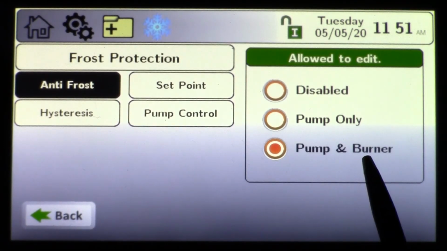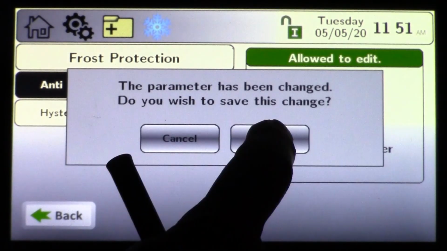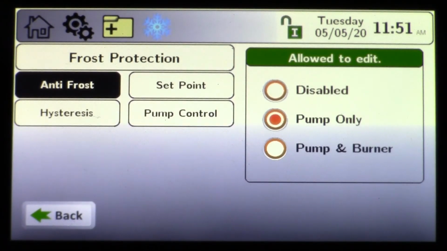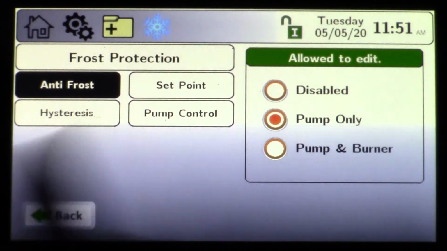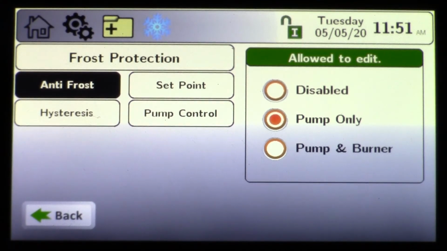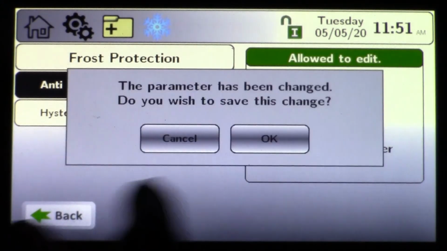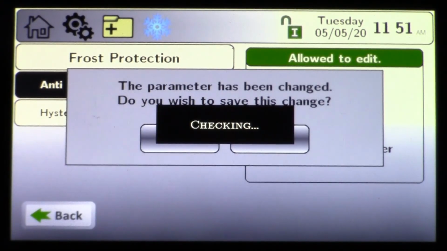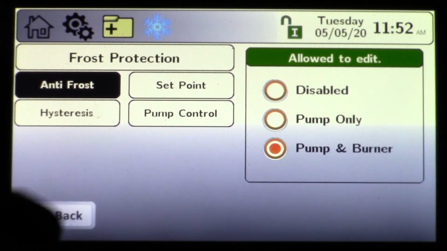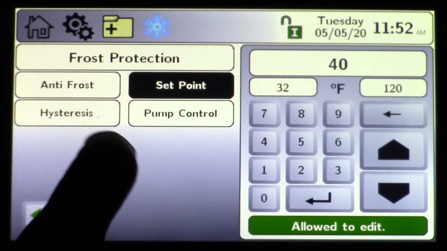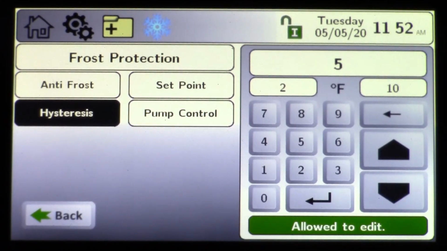or you can do pump and burner. So you can disable the function, you can do pumps only. So what does that mean? That would allow the pumps to come on, so at least you're moving water through the heat exchanger, so it would not freeze. And pumps and burner means it would attempt to fire and at least turn the pumps on as well. And so you have a set point again, you have a hysteresis, that's your differential, 5 off, 5 on,